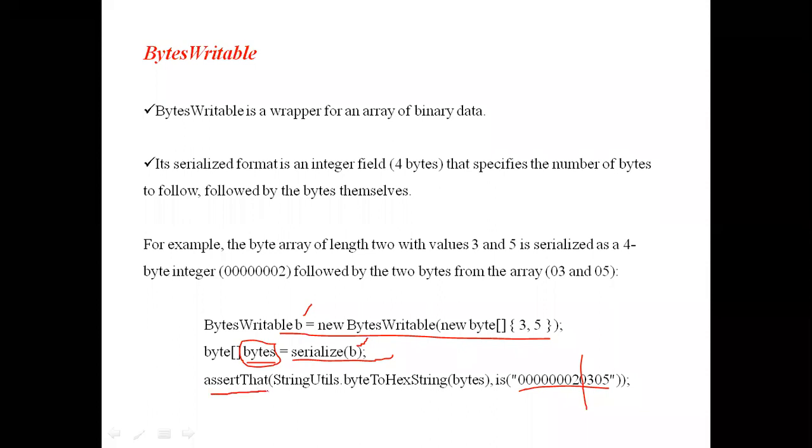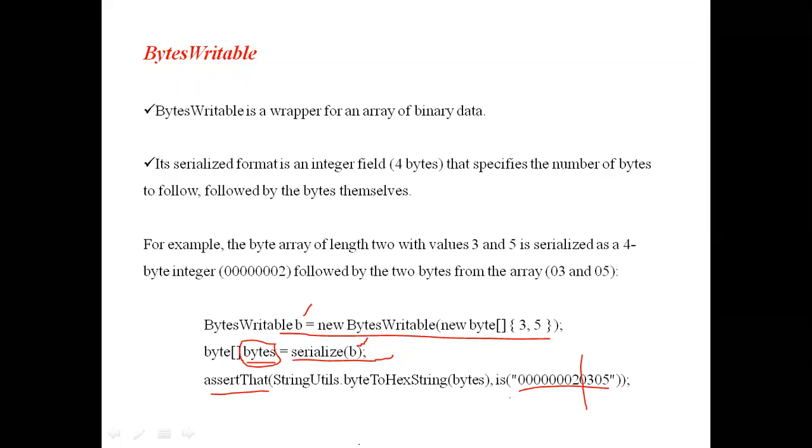Here, what is this assertThat? AssertThat is a method in Hadoop, similar to the equals method in Java. The assert method will compare two things, whether they are the same or not. Whenever two values are given to this assertThat method, it will compare whether both parameters are the same. If they are the same, it will return true. Otherwise, it will return false. Generally, it is used in Hadoop programs wherever we want confirmation whether both are the same or not.